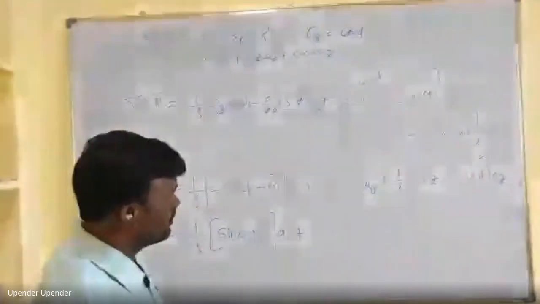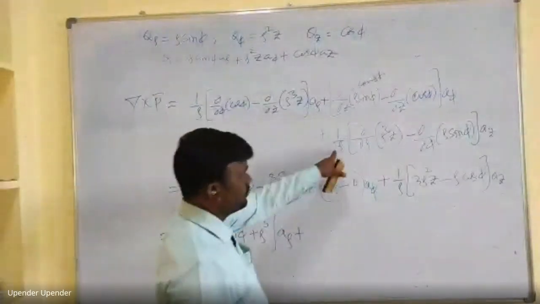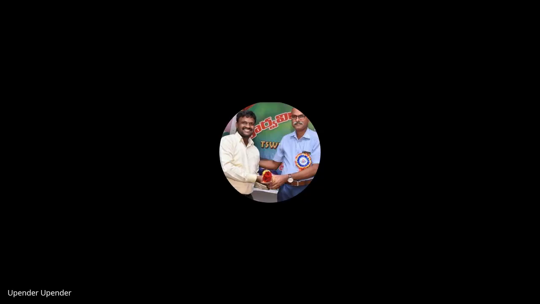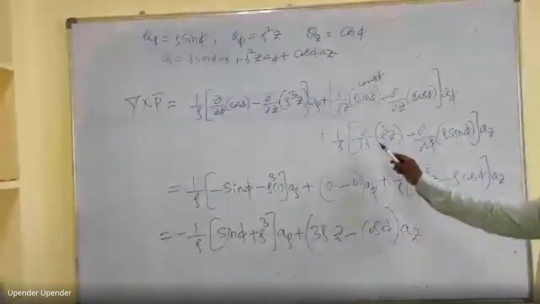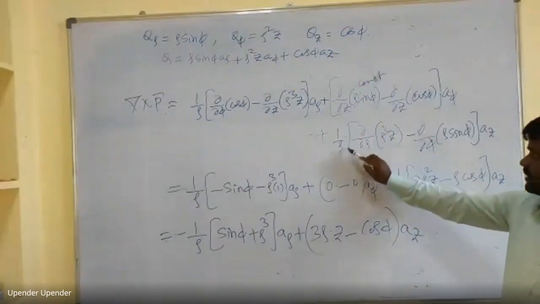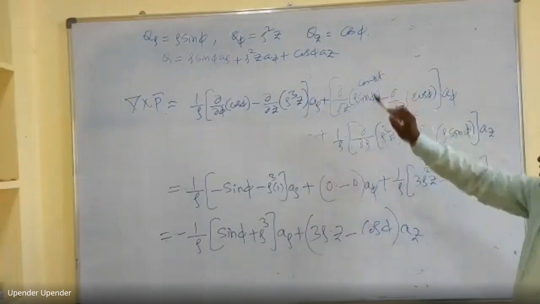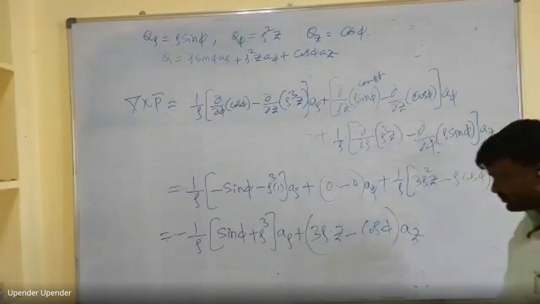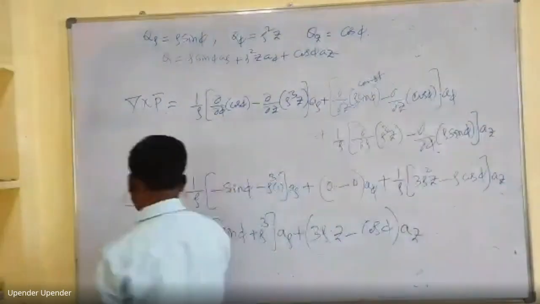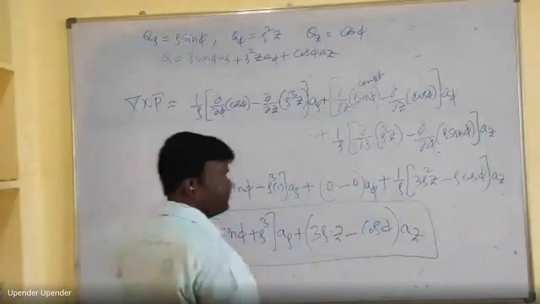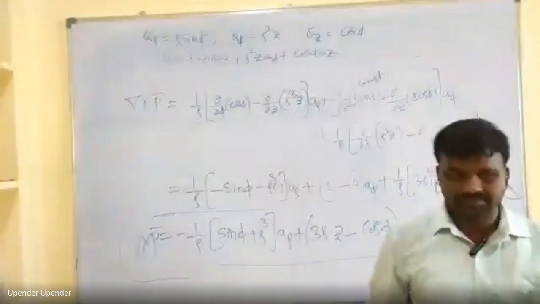Okay, this rho, that gives what? 3 rho square z, minus cos pi into a pi. Please see here, I think here we have dou by dou rho. It is a z, after z, rho, the pi component means rho square z, that is rho dou by dou pi. This is all about the calculation of the curl of the given vector if it is in the cylindrical coordinate system.